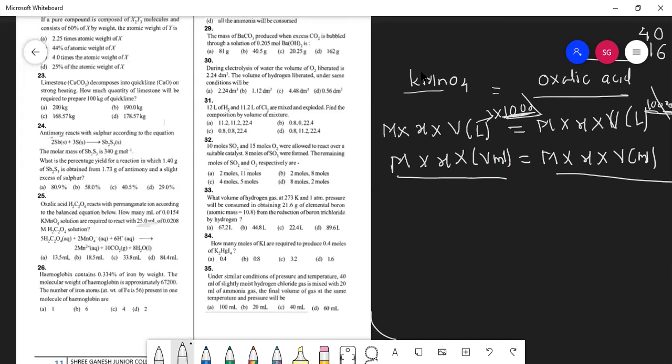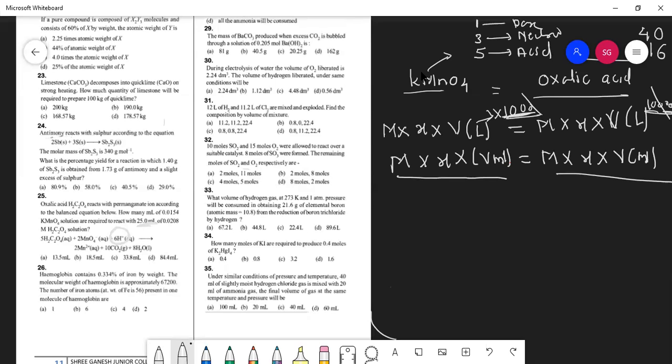Actually this question, students, is of redox reaction, but I will give you some hint. Okay, now what is asked? Now can you see, students, here it is written 6H plus, means this reaction is taking place in acidic medium. Now, whenever KMnO4 is there, you need to remember these numbers: 1, 3, 5. What is this 5? This 5 is for acidic medium. This 3 is for neutral medium, and this 1 is for basic medium.